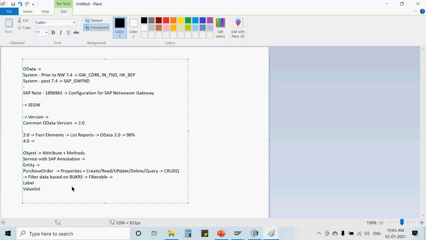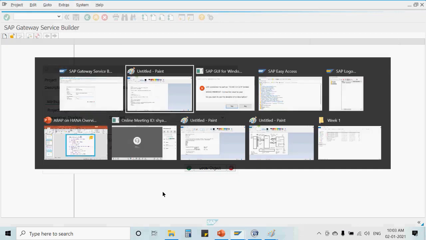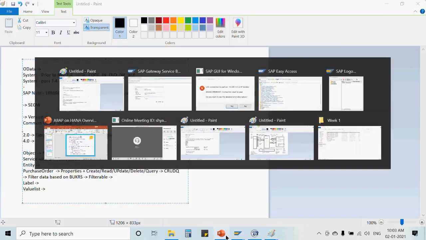Let's say if I have a company code, while searching a value list, I want to ensure that whatever BUKRS filter comes in the pop-up, I should be able to see all the valid company codes. That is what we call the value list. All those kinds of annotation you can provide in vocabulary based annotation. Third thing,